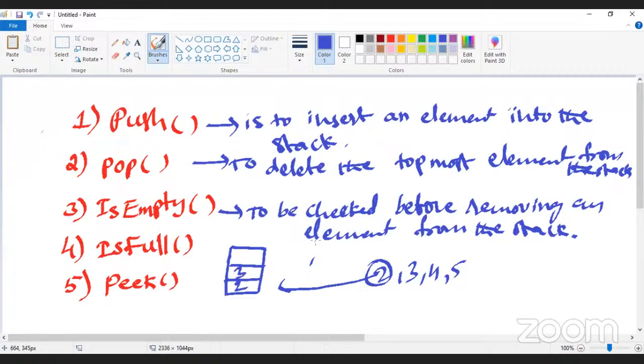Again, you will perform is full. No. No means you can insert 4. Again, you perform the same operation. Is it full? No. Is full? Yes. So you have inserted 2, 3, 4, and there is no space for the last element